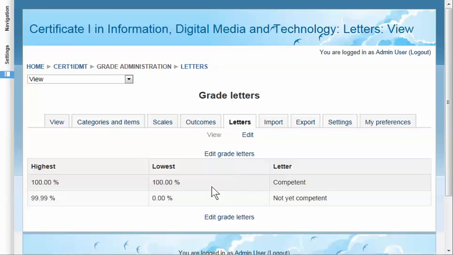Now I've set mine up so that to get competent we have to have 100%. That just means that each assessment item is going to have to be marked satisfactory, and if one's not, then you're not yet competent. Alright, now to change it you actually click on edit,